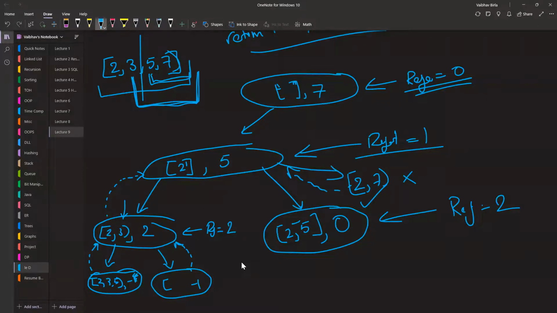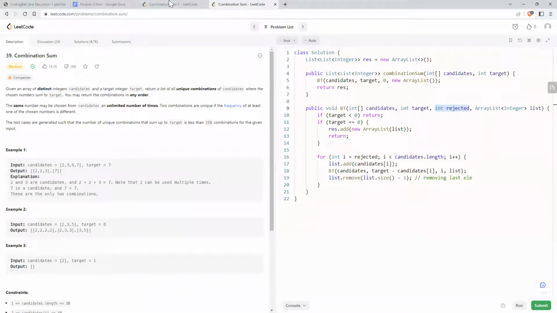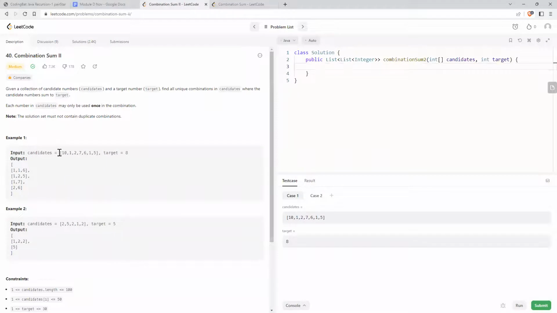Did you understand? What I am trying to do in this question? What is the tree? What is the recursive element? And what is the change from combination sum 1? Now, guys, one more thing that you will notice here is that the numbers are not sorted. The numbers are randomized. And another problem with the numbers being randomized is that,